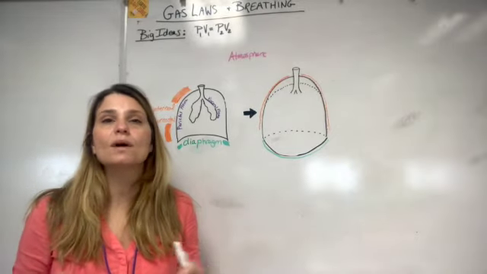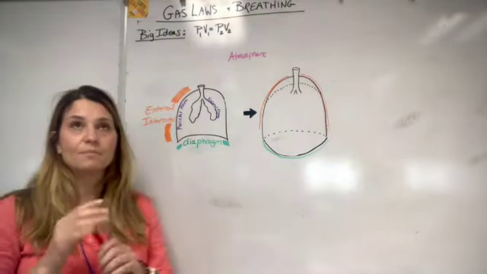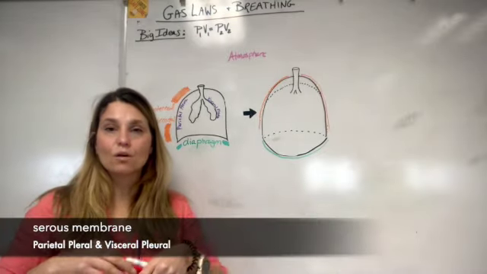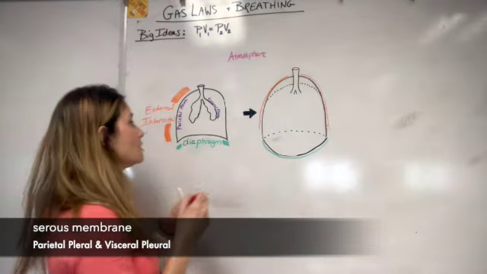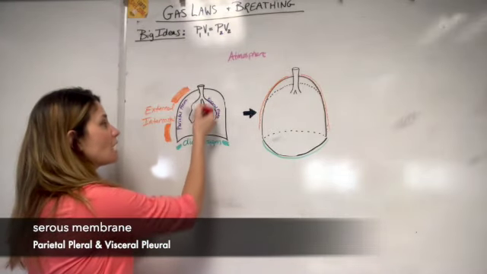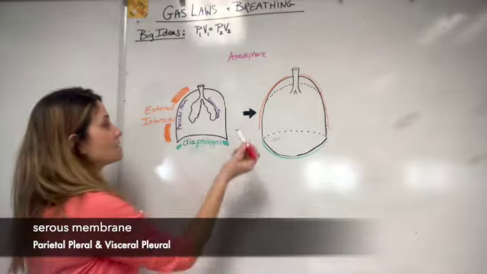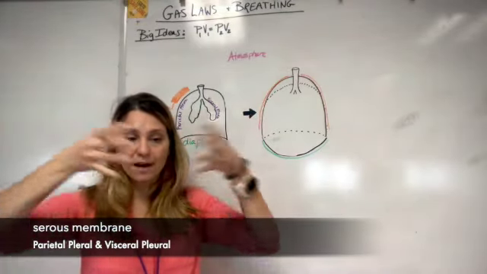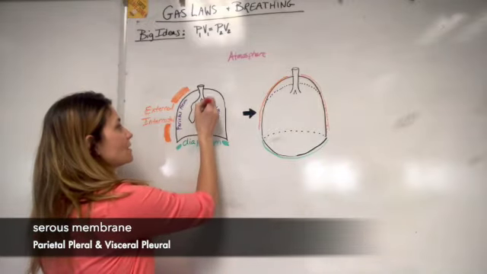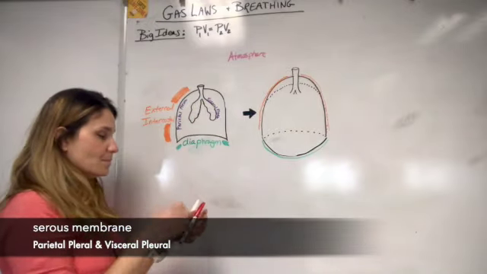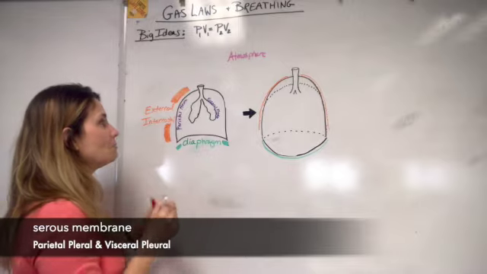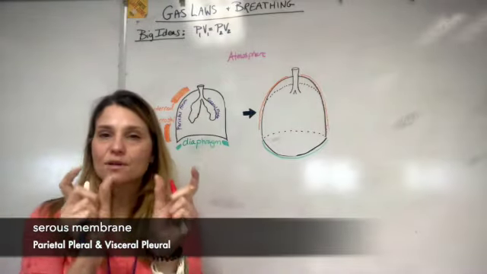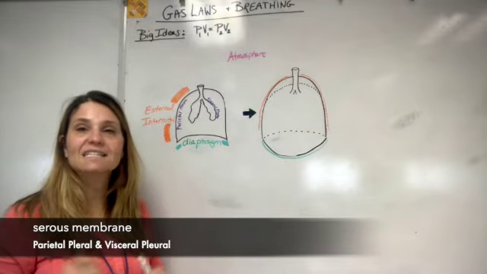So the first thing you want to remember is that the cavity where the lungs are, the serosa, is made up of the parietal pleural serous membrane and the visceral membrane, and that's going to create a cavity where your lungs will be housed. Now, just something to know, the dynamics of those membranes will actually create a difference in